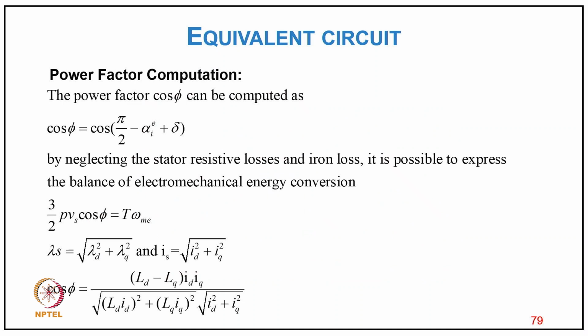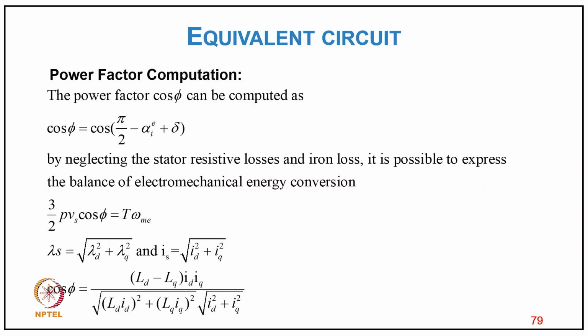Coming to the power factor computation, the power factor cos phi can be computed as cos phi equal to cos of pi by 2 minus alpha I plus delta. By neglecting the hysteresis losses and iron losses, it is possible to assume a balanced electromechanical energy conversion, 3 by 2 E I cos phi equal to T omega, and where lambda is equal to under root lambda D square plus lambda Q square,